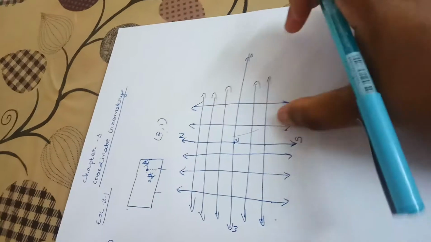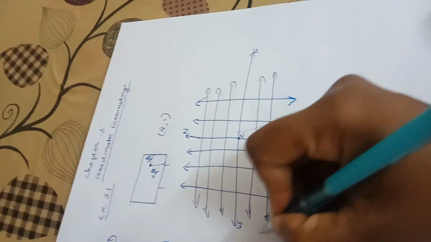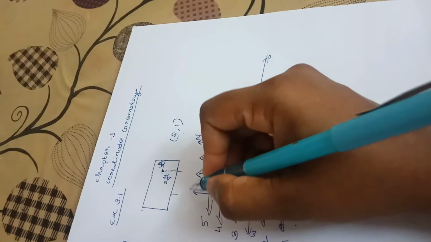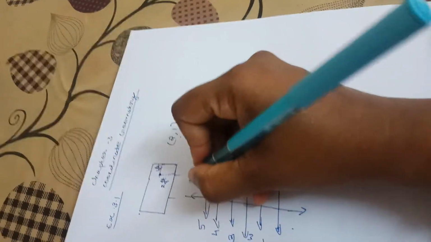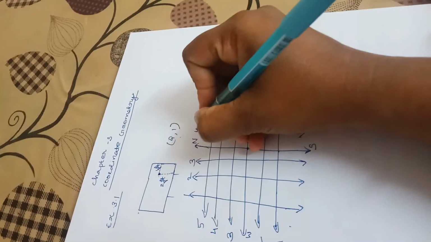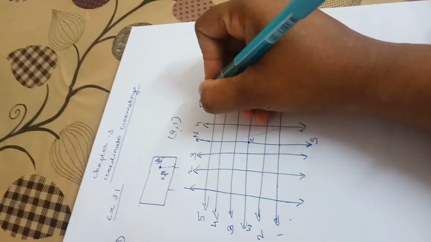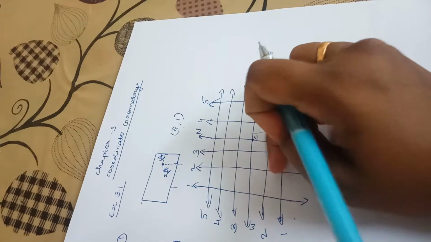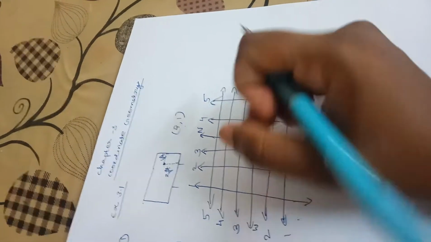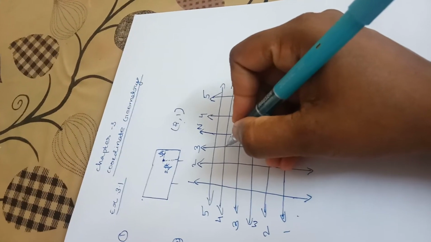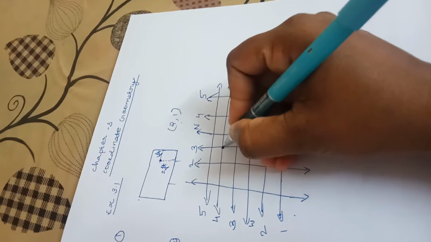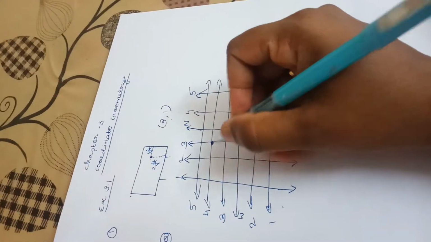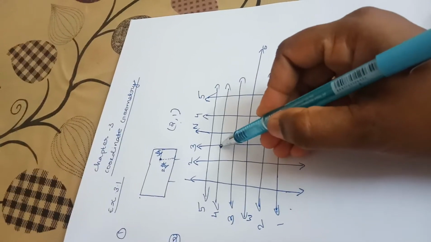I am drawing the line numbers. This is first street, second, third, fourth, fifth. Starting from here again. First, second, third, fourth, fifth. So if you want to represent in a street a particular point, suppose this point, how can you represent this point? This point comes here, which is the first one.